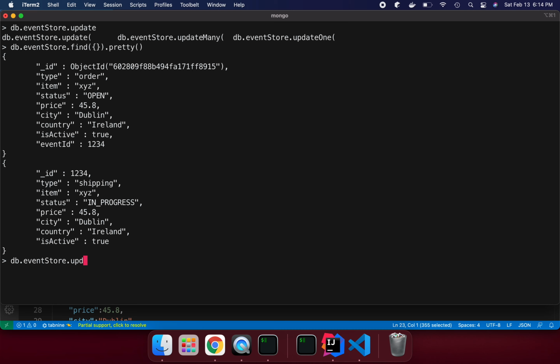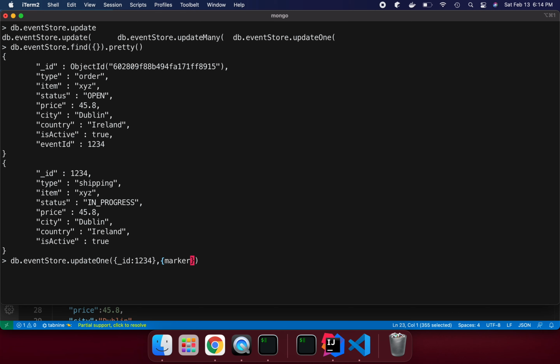We are saying update one. I'm going to match the criteria, the filter criteria. Whenever underscore ID matches 1 2 3 4, then please insert some document.